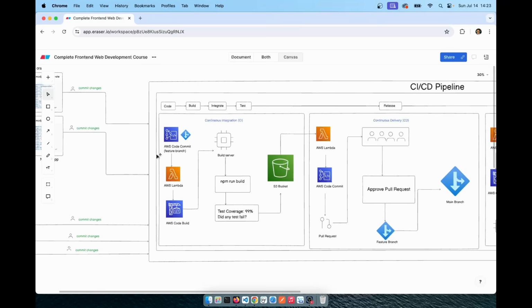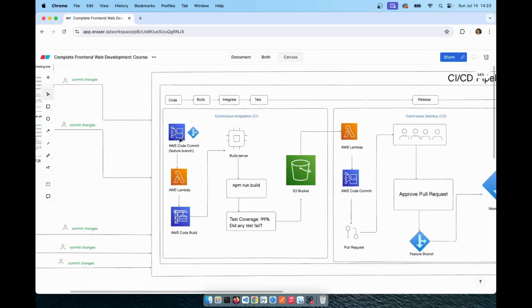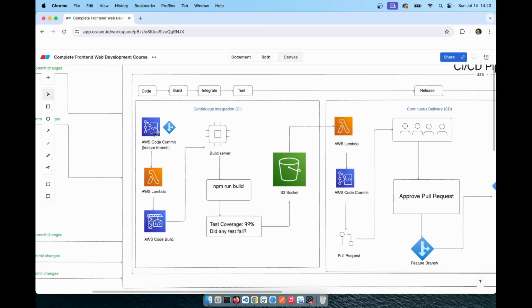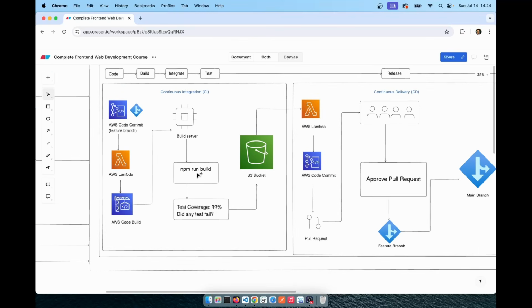Okay, so this developer will create a feature branch, push changes to the feature branch in AWS CodeCommit, and once that push is done, once the code is committed, we can trigger a Lambda function. That Lambda function will tell AWS CodeBuild. Before this was CircleCI, but now since we are using all things AWS, CodeBuild will create a build server. In that build server we will run npm run build, and once that is done,